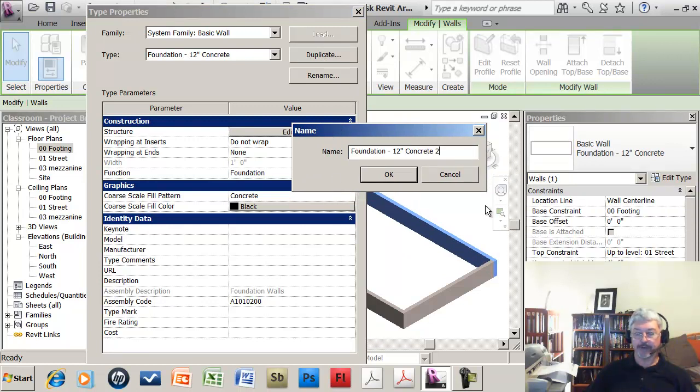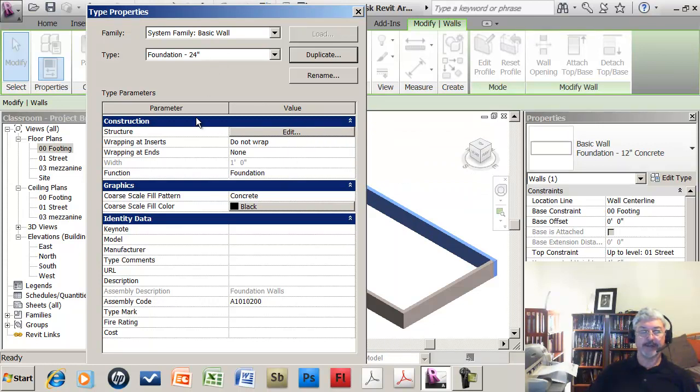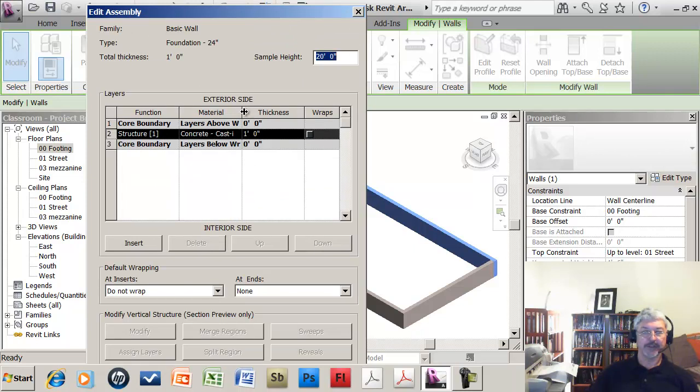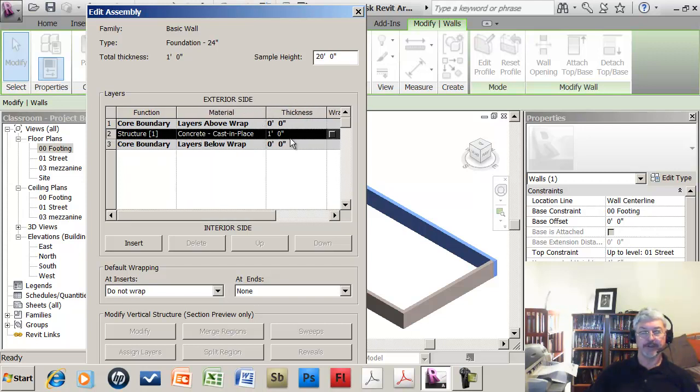So for example, I'll call it a foundation, and let's say I'm just going to set it as being 24 inches at the moment. Right? So that's just me changing the name. If I now go into edit the structure, I can see the materials that make up my wall. It's a structural concrete cast in place, and then here I'm going to change that to 2 feet,